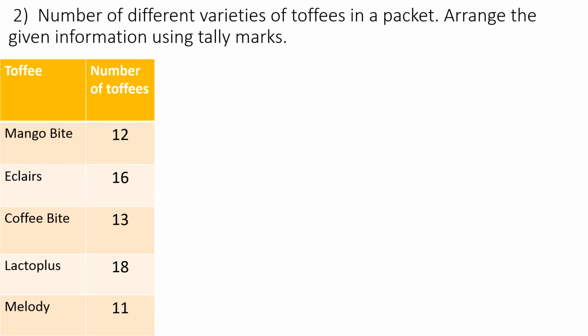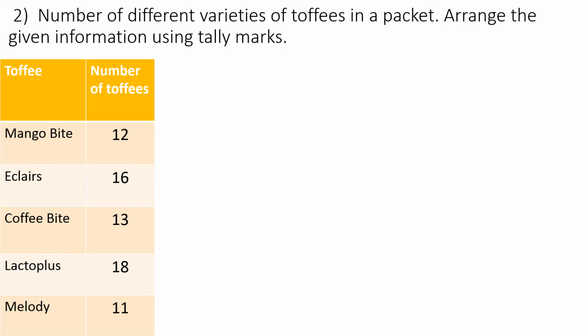The next is question number 2. Number of different varieties of toffees in a packet. Arrange the given information using tally marks. And the table shows in a packet there are 12 Mango Bite, 16 Eclairs, 13 Coffee Bite, 18 Lacto Plus